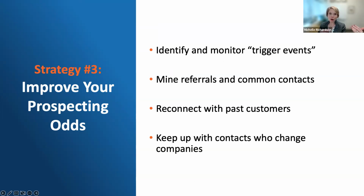And we just saw in the data that buyers are saying previous experience with a seller or the organization is important to them. So if you have contacts, or if you're new in your role and your organization has a CRM database, that kind of thing, use that information,